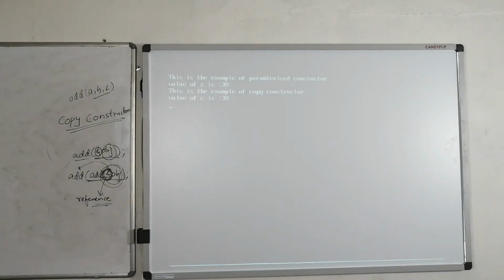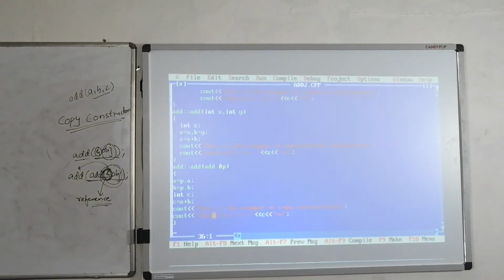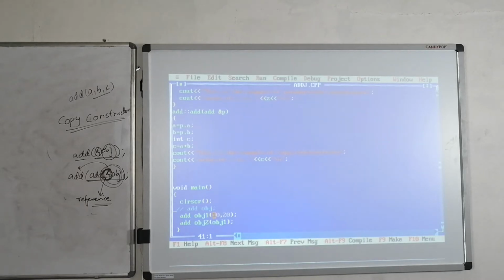See here, only two. This is the example of parameterized constructor. Value of Z is 30. Example of copy constructor. Value of C is 30. Here the default constructor is not going to be executed. Why? Because here we are not going to use this one. Right?